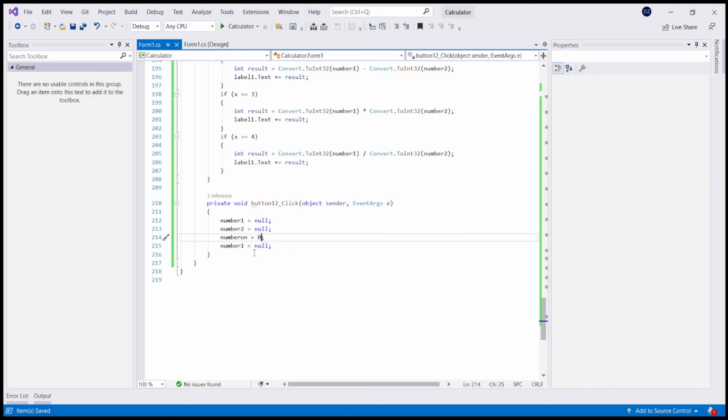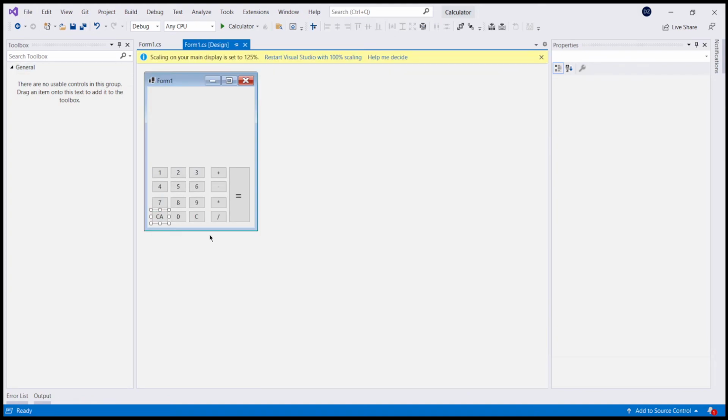Okay. x equals, number on actually needs to be 1. Okay. And now for clear,